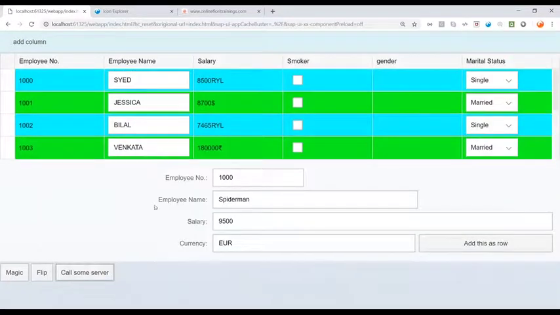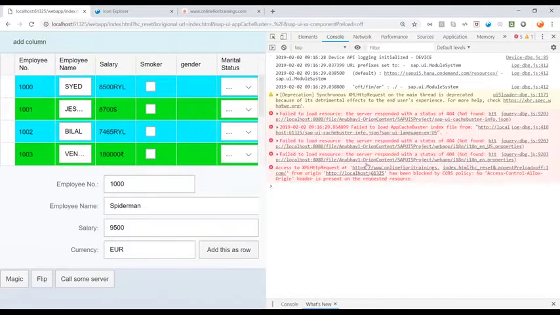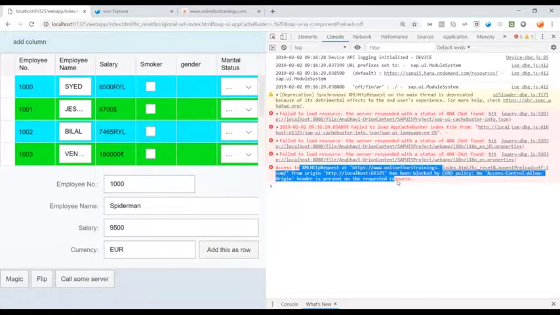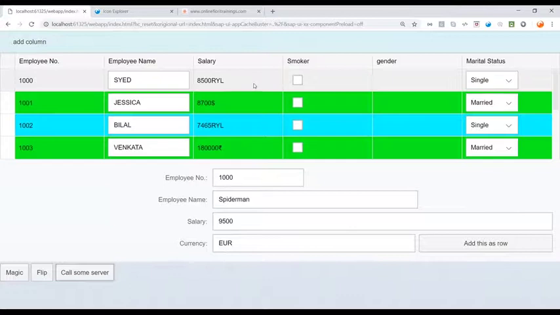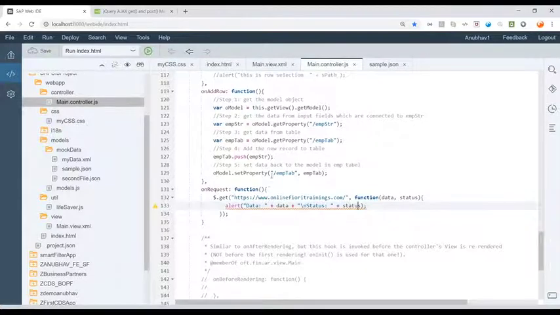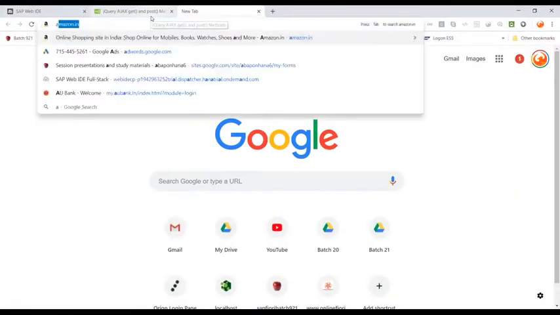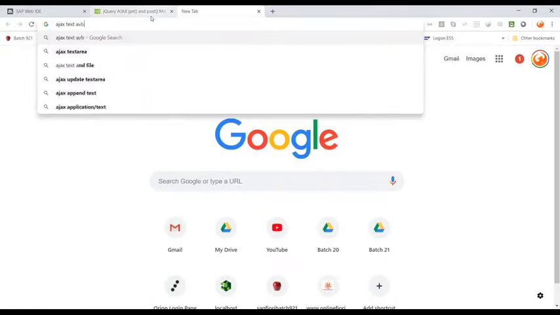Click on call server. I think my website is also CORS protected, so you can't make a cross origin resource call. You see, guys, can't make this. So for that reason, we create something called destinations in WebIDE. It's a little more advanced topic, but for your answer, you can use $.get, an Ajax call, to load some data. Maybe I'll just go and check Ajax test avoiding